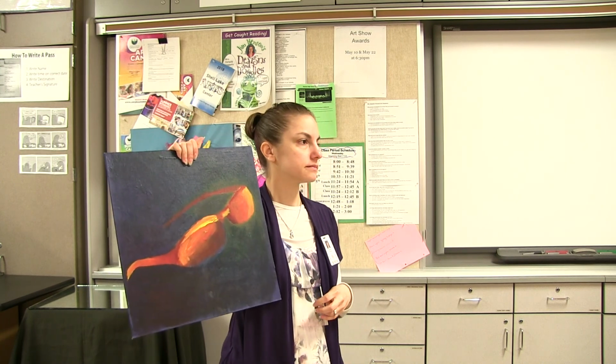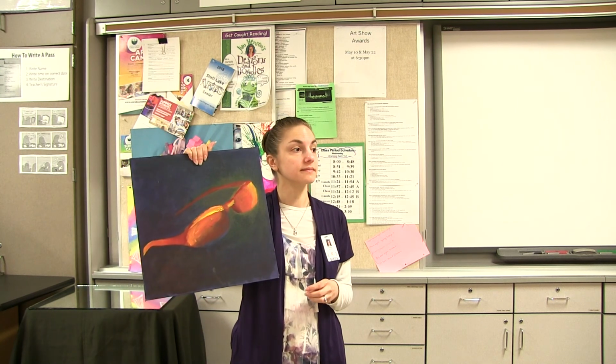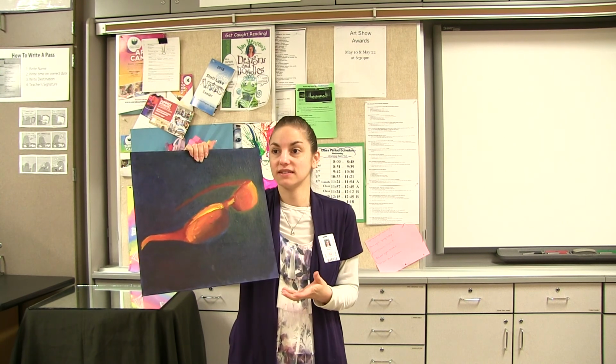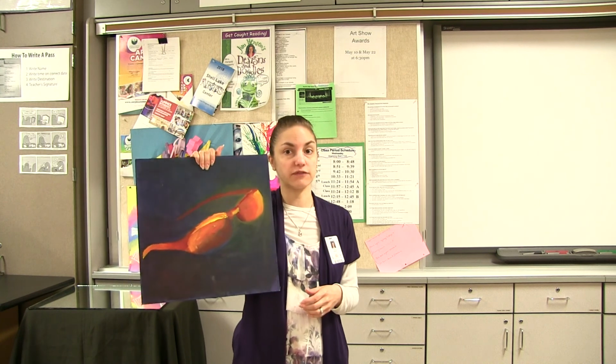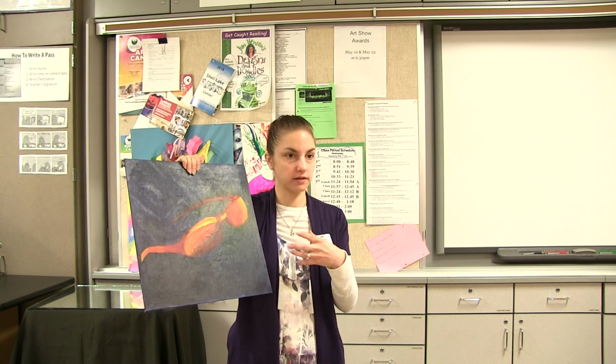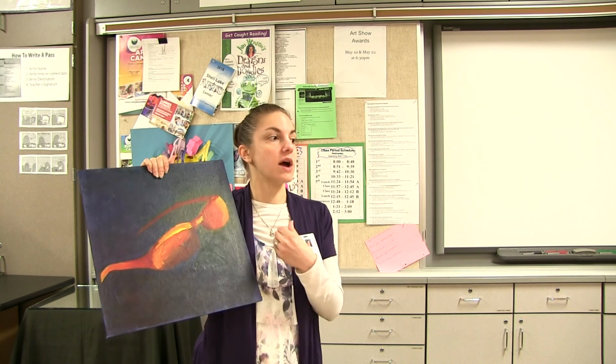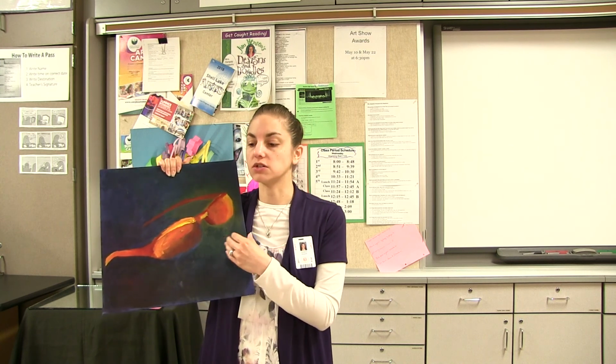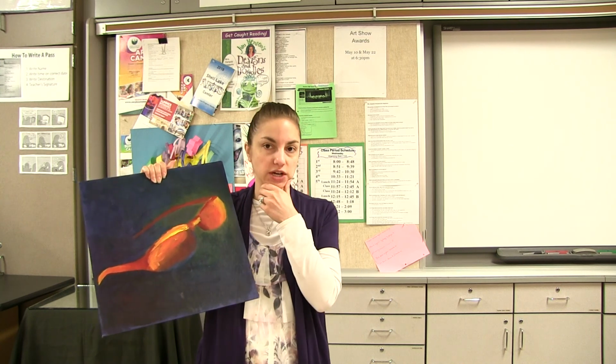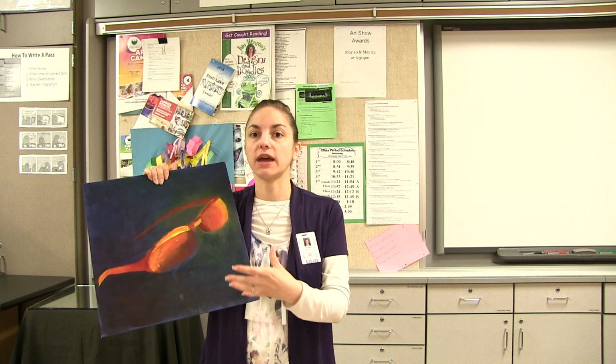What's weaker about this one? It's missing something that some of the other ones had. A shadow, like if it's sitting on something. It's not grounded, okay? This kind of looks like it's floating in a mysteriously dark, colorful space, okay? Which is fine, but way stronger is going to be if you have a shadow, if you have some sense of where that object is grounded, where that object is within a space,